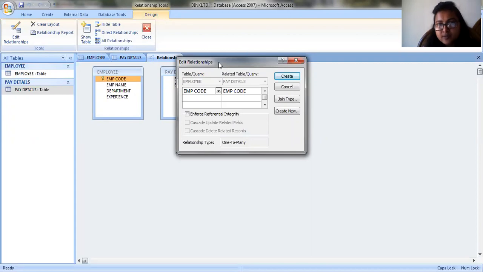That means table query, employee, and related table, pay details. So under employee table, I want employee code, and under pay details table, I want employee code. So on my left hand side, there has to be the primary key, and on the right hand side of the column, it has to be the foreign key. Now, enforce referential integrity and then create.